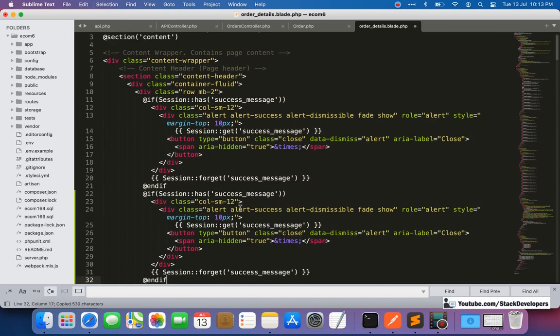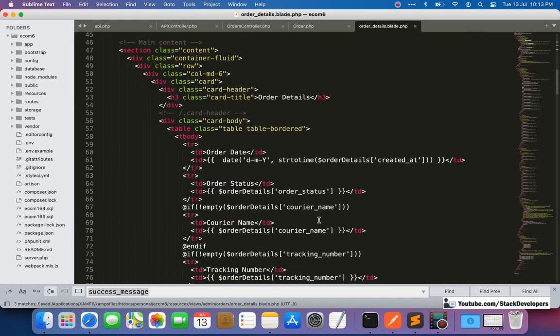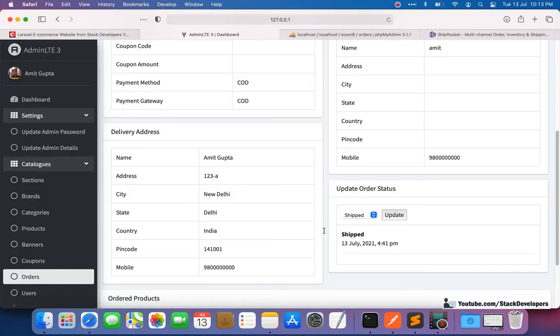I'm going to copy this one, because the error message can also come if the order will not ship, then it will show the error message here. So we can show the warning on error. Also we are going to do one more thing here, ship update order status.